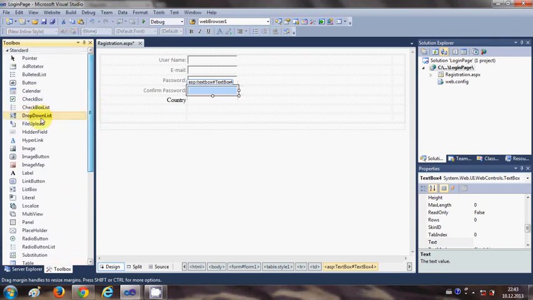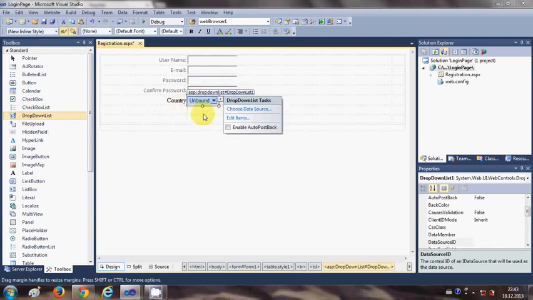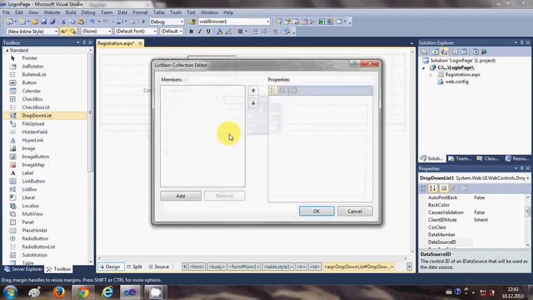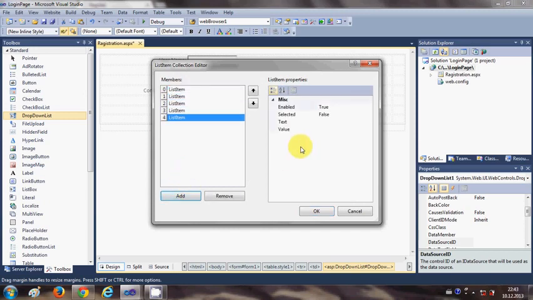So let's browse for drop down list. This is the drop down list, and drag and drop into your cell, and you can choose the items in the drop down list. So you can add as many list items as you want, and for example the top item I want to add is